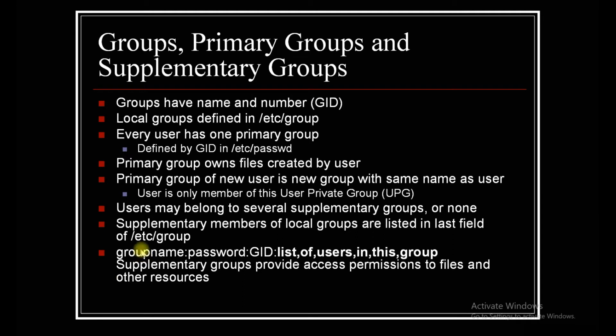Okay, so if you see the /etc/group file format, first the group name will be there, then the password of the group, then the GID, and last is the list of users. Maybe let's say student1, student2, student3, student4. So all of student1, 2, 3, 4, 5 are part of this group. Okay, so these are 4 fields: 1st field, 2nd field, 3rd field, and the 4th field. The 4th field contains the list of users.